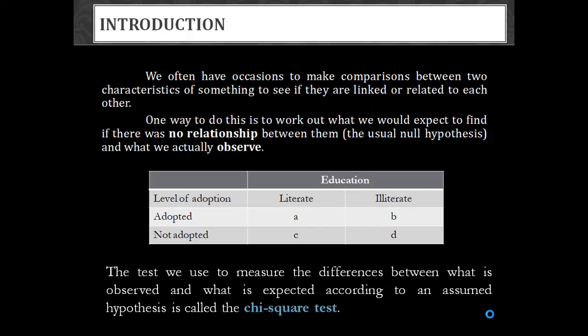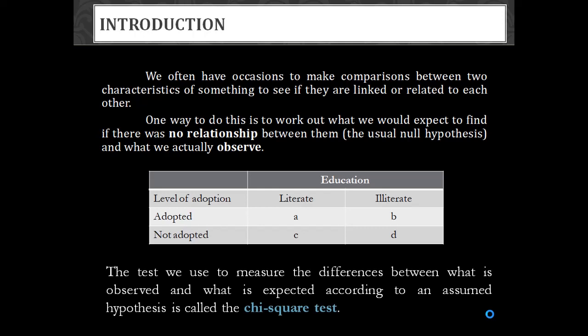This particular test is used to find out the relationship or association, and it mainly measures the difference between observed and expected frequency